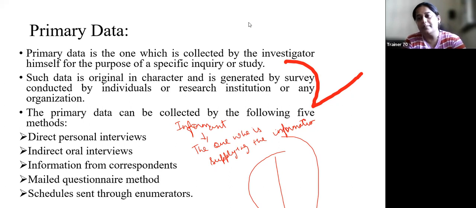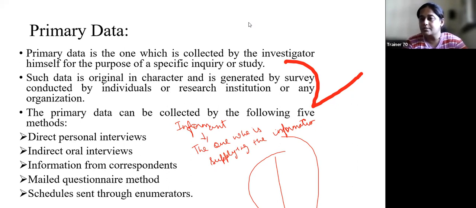Cheap means आपके cost ज़्यादा नहीं लगेगी. Why? Because आपने हर area में अपना agent hire किया हुआ है, so उनका जो traveling cost वगैरह रहेगा वो कुछ भी नहीं रहेगा. वो वहीं पे रहते हैं, वहीं की information आपको supply करनी है. So this is not consuming very much cost.